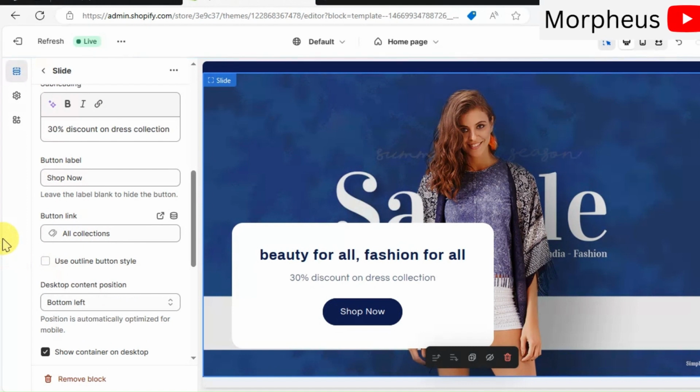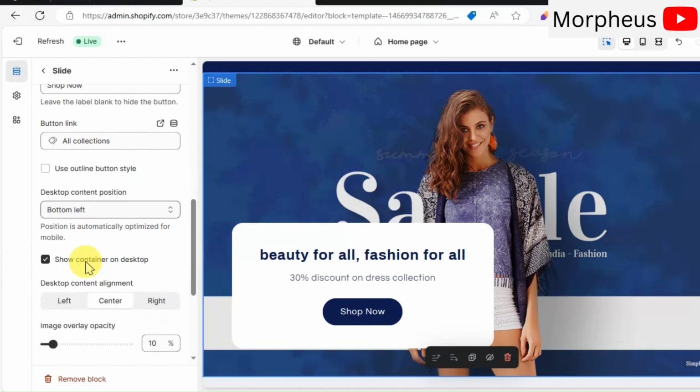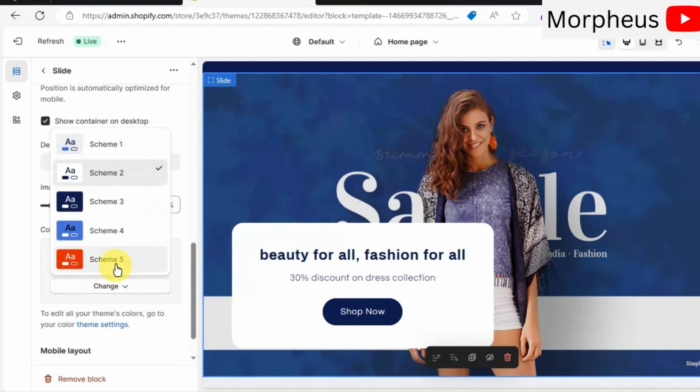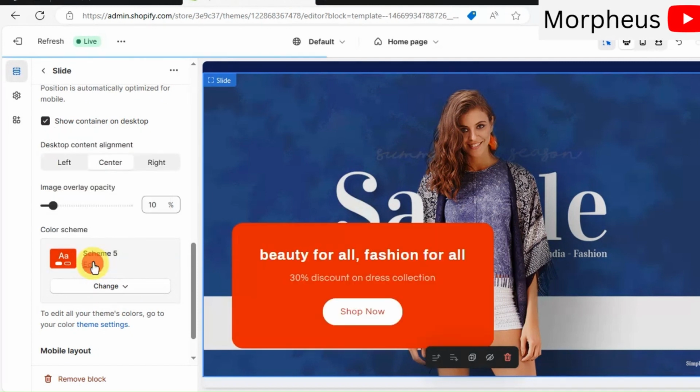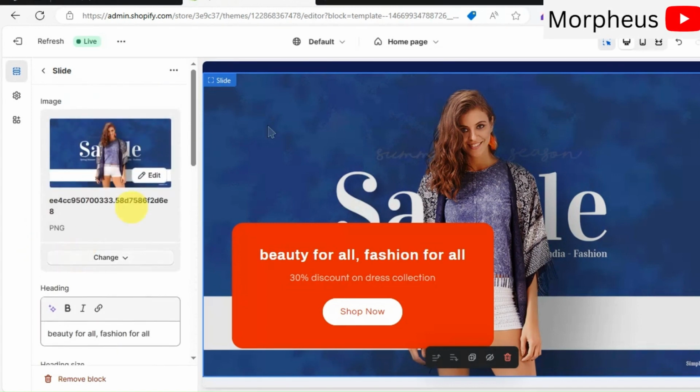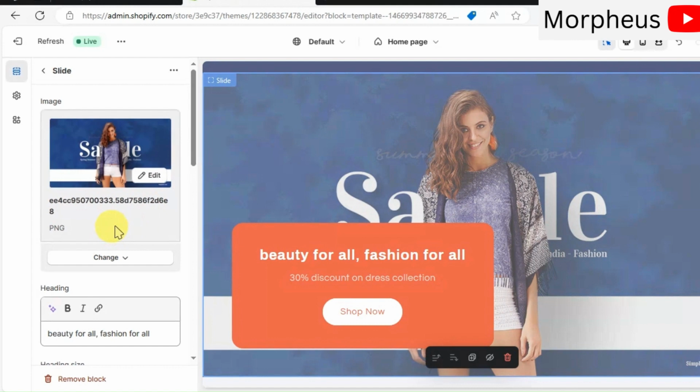This way, when customers enter the store and click on Shop Now button, they will be able to view all the collections of our store. You can also change the color of the shop button and make it more visible. You can, for example, put red color. Yes, red is a very unique color, and I personally love the red color. Nice. This store is already looking professional and beautiful.